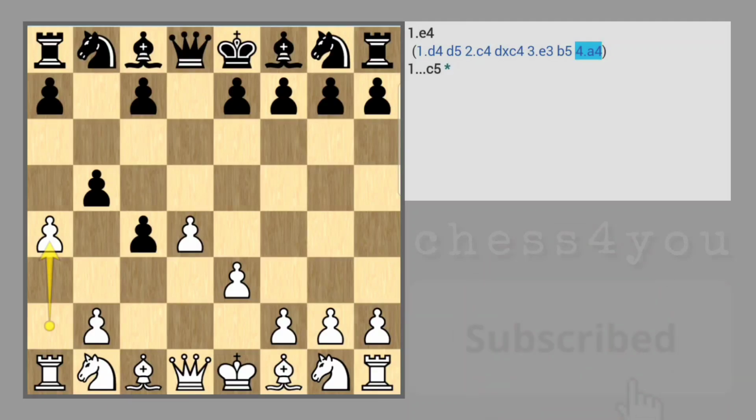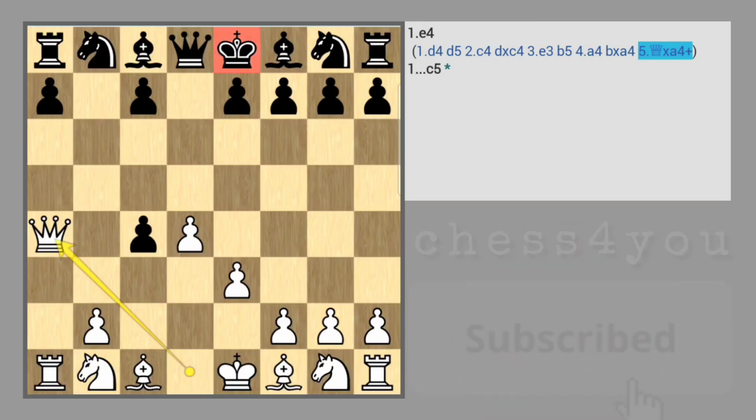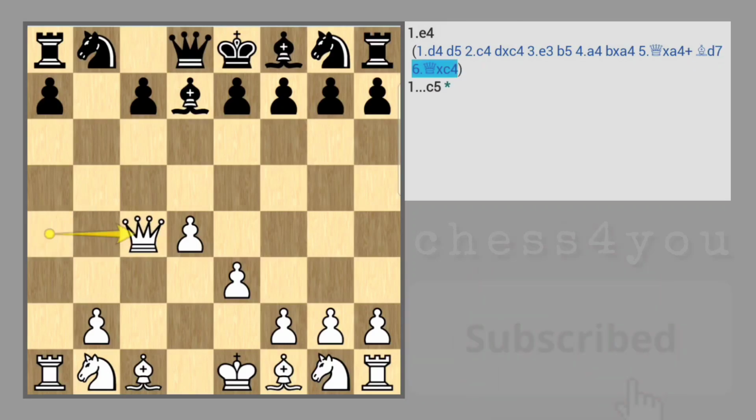Now in this position, your opponent has two options. The first one is capturing your pawn, and the second one is defending his pawn. For example, if your opponent captures the pawn, in this position you have this brilliant move, and that is capturing the pawn with your queen and giving check to your opponent. If your opponent brings his bishop in here,